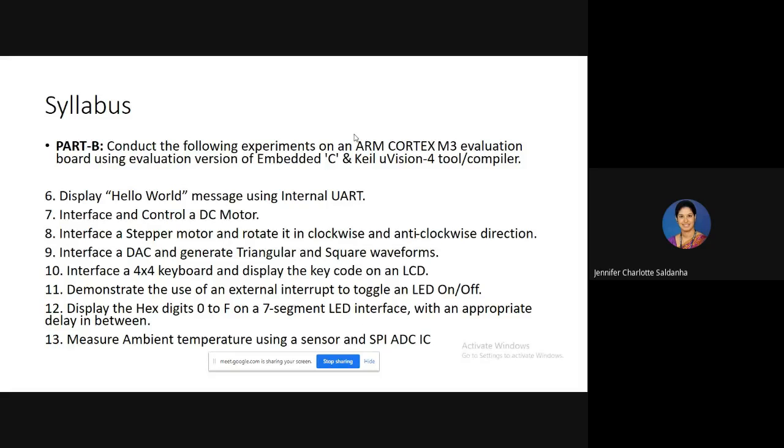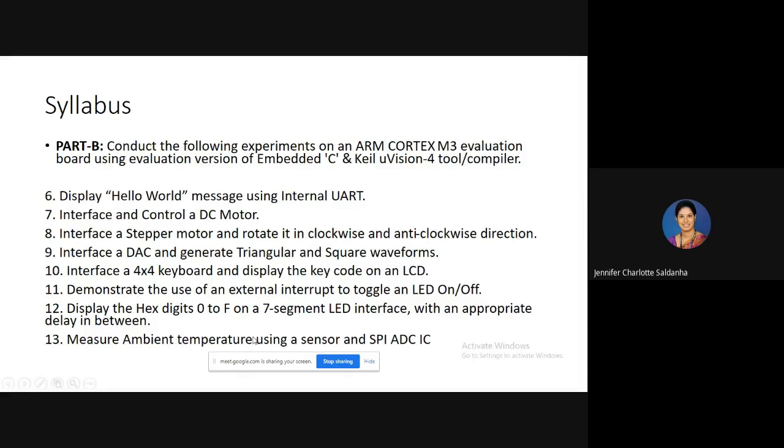All of you know what is UART, right? Universal Asynchronous Receiver Transmitter. And then interface and control a DC motor, interface a stepper motor and rotate it in clockwise and anti-clockwise direction, interface a digital to analog converter and generate triangular and square waveforms, interface a 4x4 keyboard and display the key code in LCD, demonstrate the use of external interrupt to toggle an LED on and off, display hex digits 0 to F on a 7-segment LED interface,